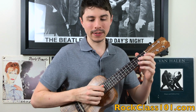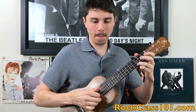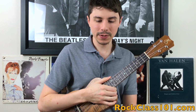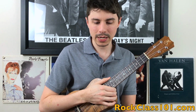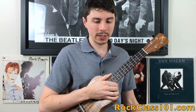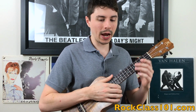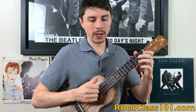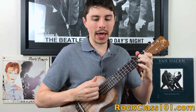So bar 2 again is identical to bar 1. So let's see if we can do this. Let's see if we can play the first 2 bars plus the pickup measure. So here we go. 1 and 2 and 3 and 4 and 1, 2 and 3